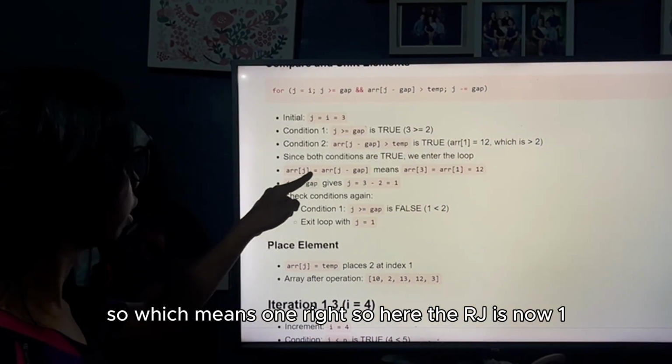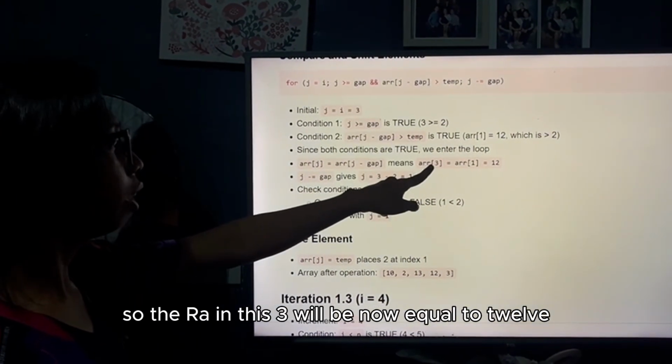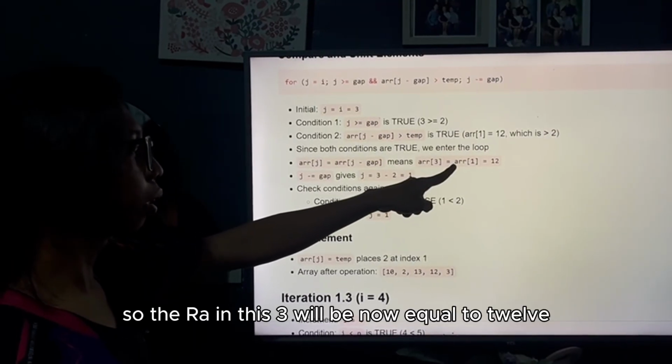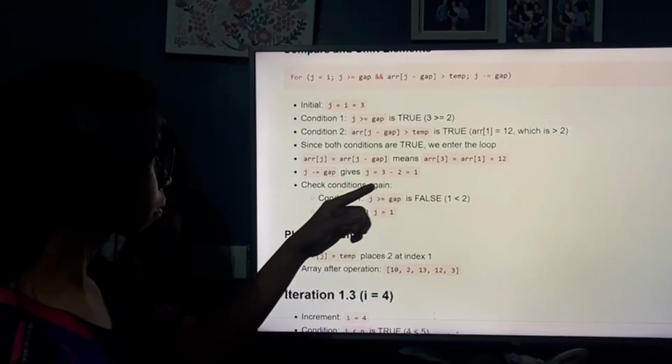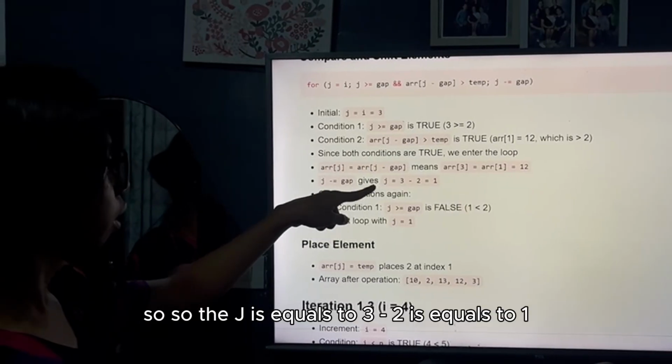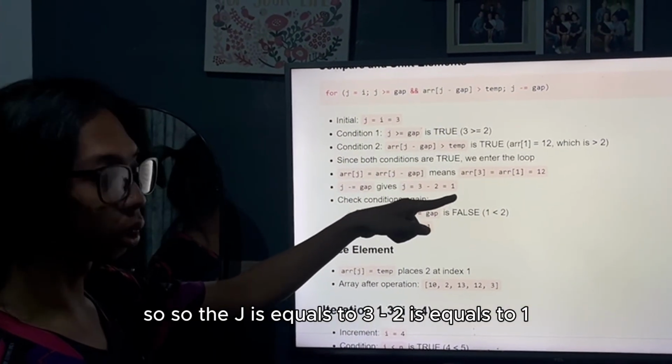So here the index is now 1. So the array at index 3 will now be equal to 12. So j equals 3 minus 2, which equals 1.